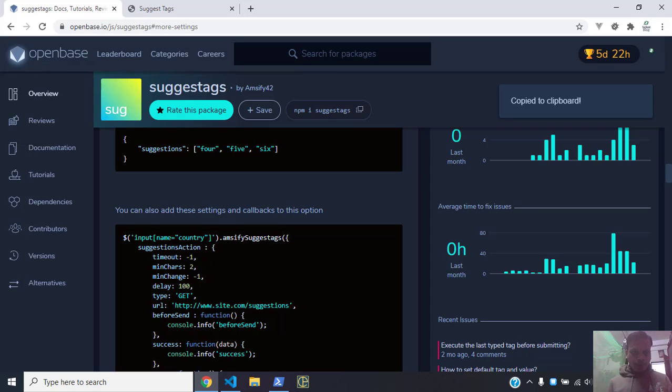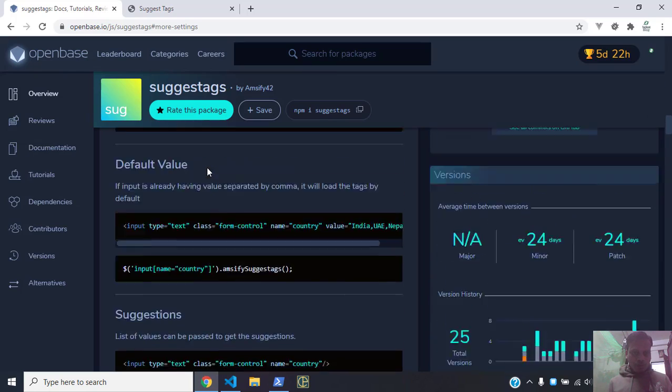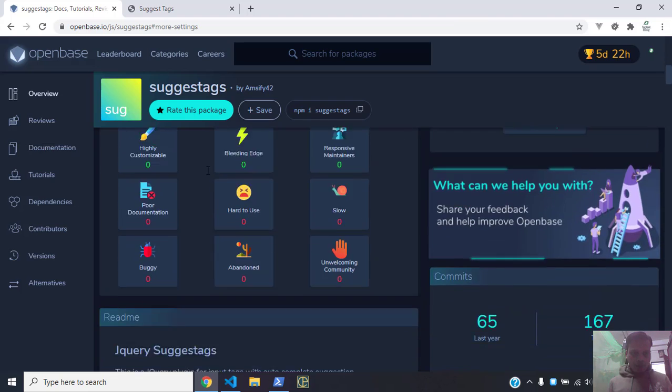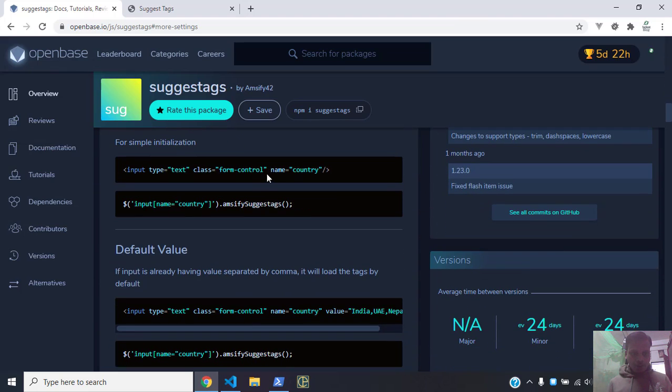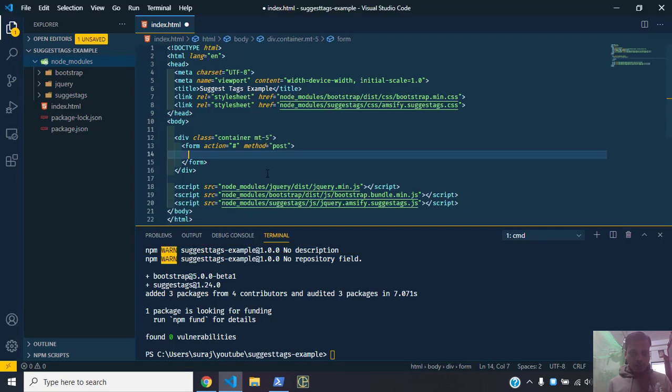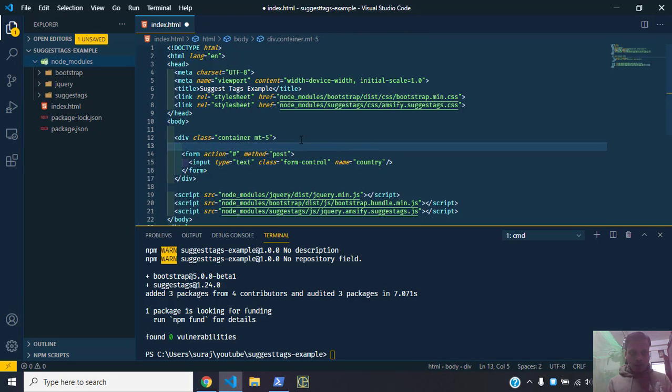Okay, now we need to go to, let's say, this one. So we can copy this and paste it. So name is country, and class is form control, type text, and I can use, let's say, h3 display 4, and we can use suggest tags example,